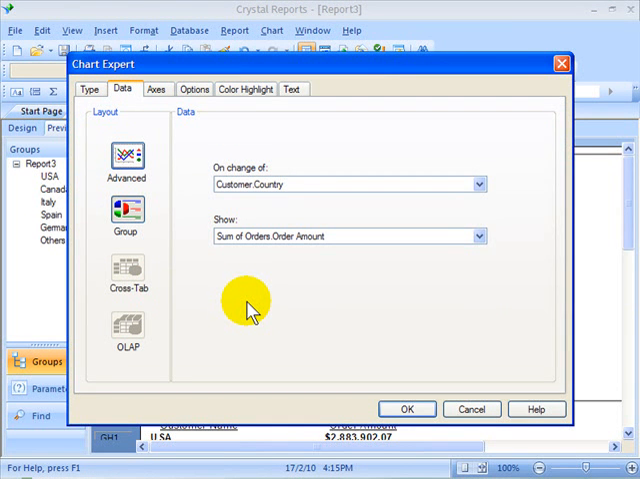Although these individual tabs that provide me with choices of changing the data and the axes and the options are available elsewhere, it's convenient that they're collected in one single place in the umbrella of the chart expert. Right now I'm displaying totals in my chart based upon the groupings. For every change of country, I want to show the sum of the order amount. And that's the only thing I actually have things grouped on, and the only summary that I'm including in the